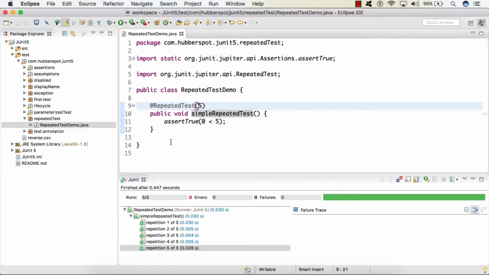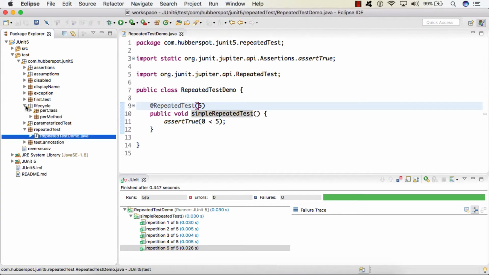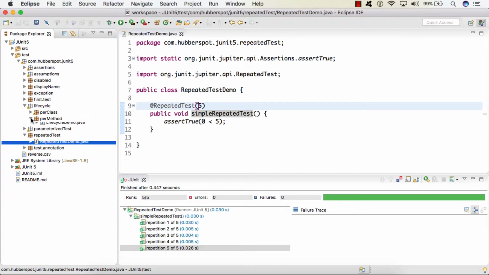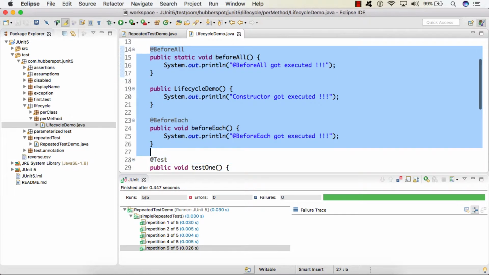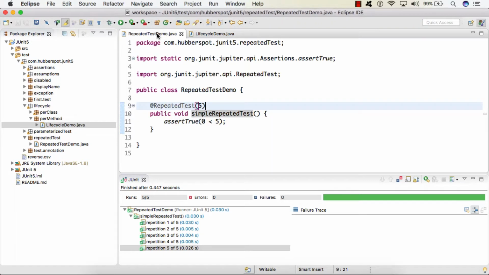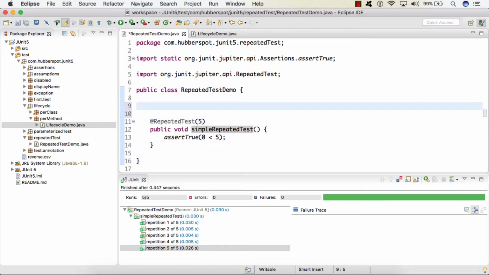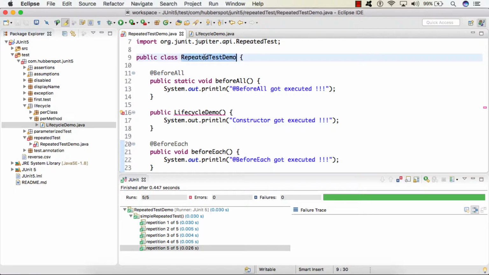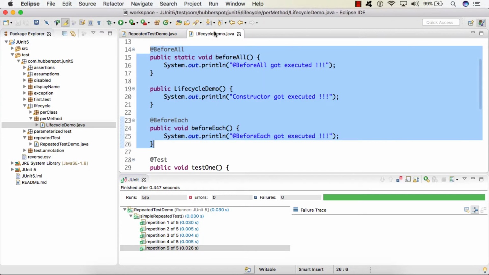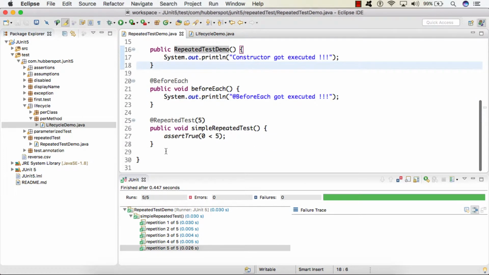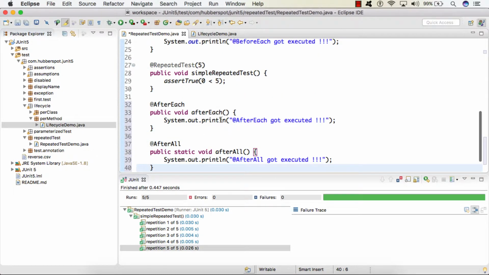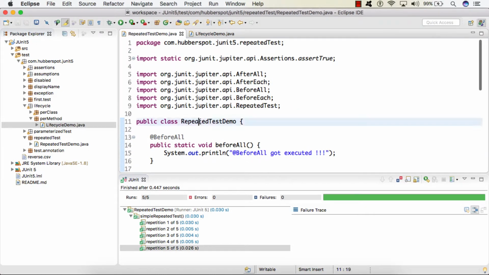And it also has the support of lifecycle methods. So if I open the lifecycle package and I simply copy these lifecycle methods along with the constructor and just paste it here, we'll give the constructor name as RepeatedTestDemo, and also @AfterEach and @AfterAll. So friends, if I run the test case now,